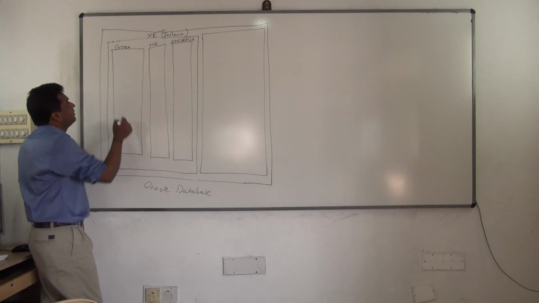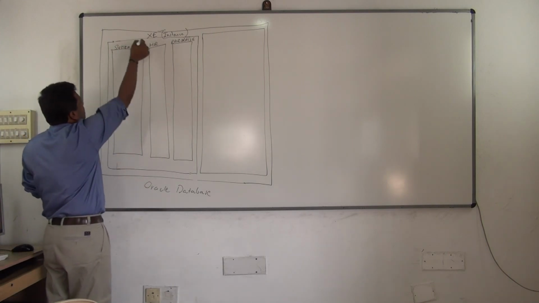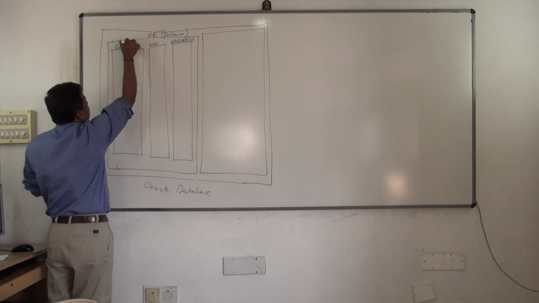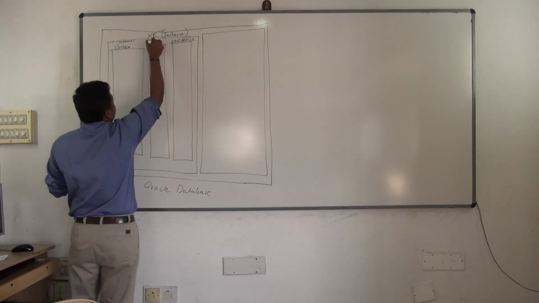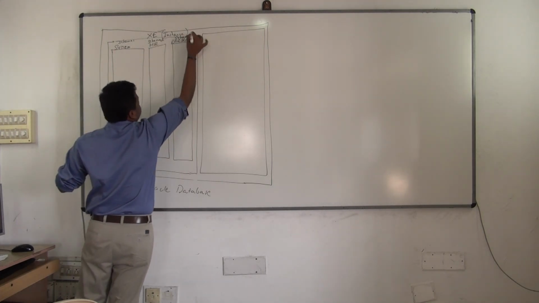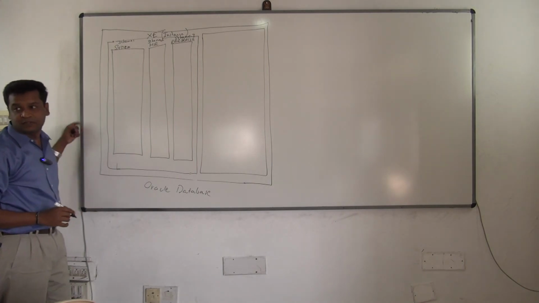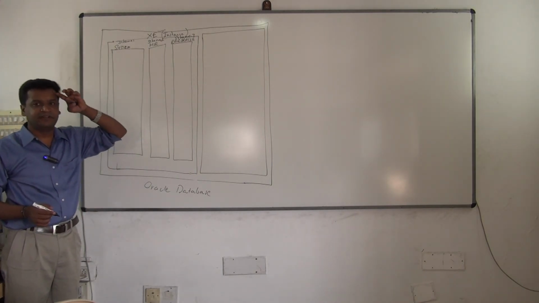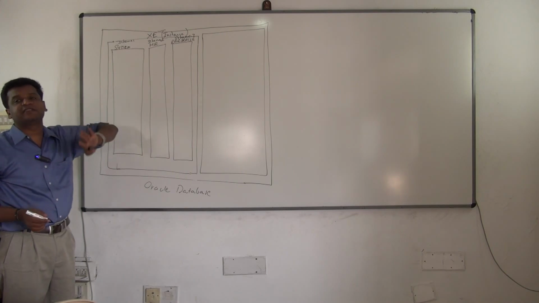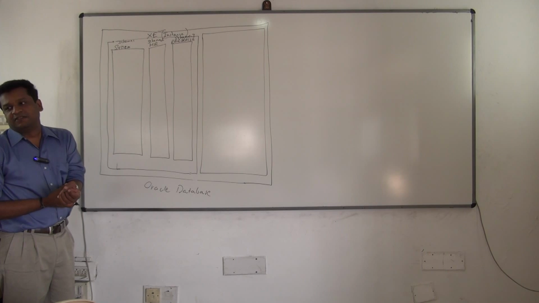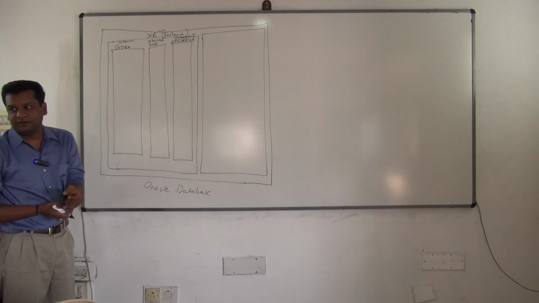Understood? Anyway, these are all schemas now. This is schema number 1, this is schema number 2, and like this you can have any number of schemas. Schema 3, schema 4. Any number of schemas you want, you can create. But what is going to be in the schema? Can you guess? You will have tables.